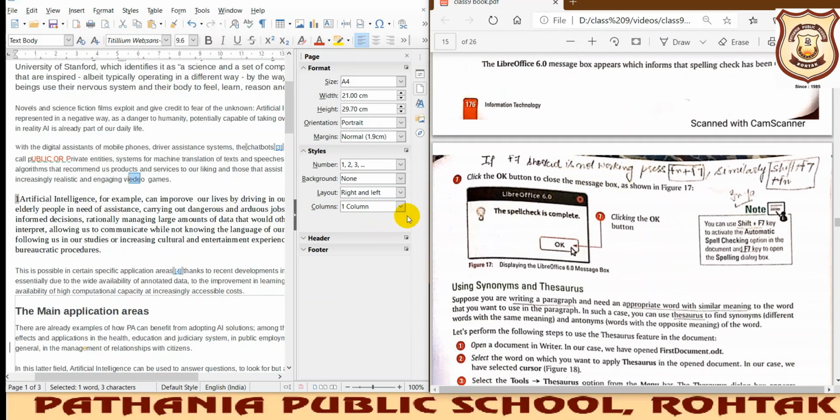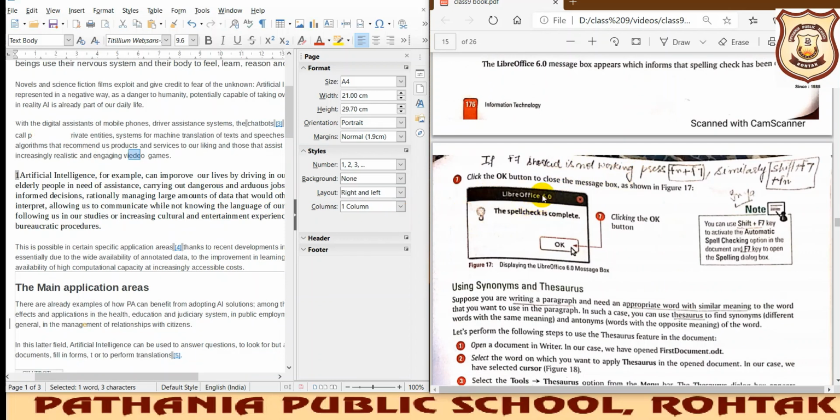And one more thing I want to tell you: when we are working on laptops, this F7 is not working along with Shift only. Why? Because these function keys, F7, F1, have actually been assigned more than one function at a time. Like F1 is also on my keyboard, I can see F1 is also used to decrease or increase the sound of the speaker.